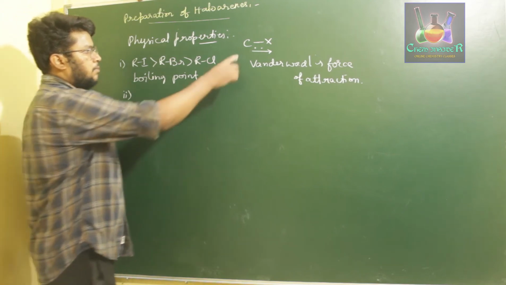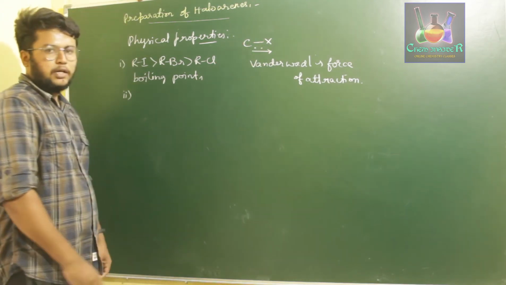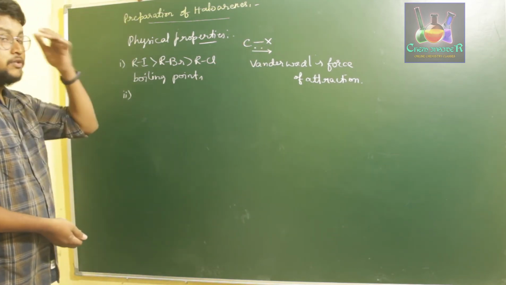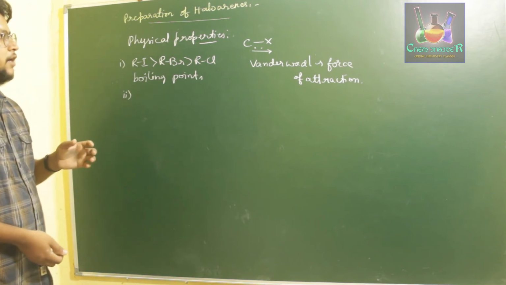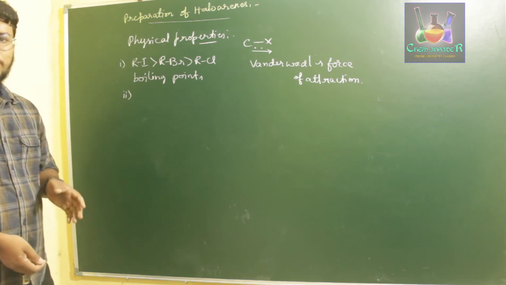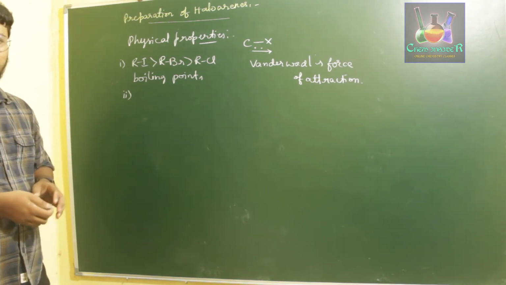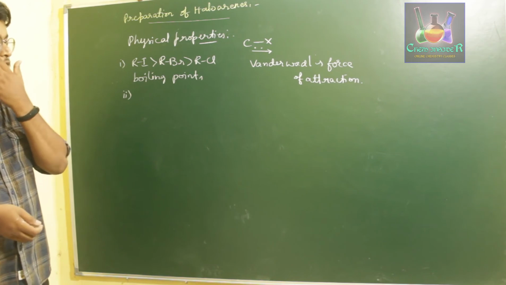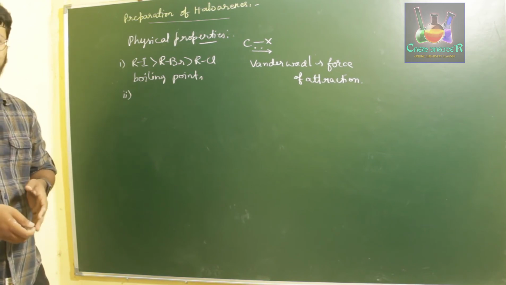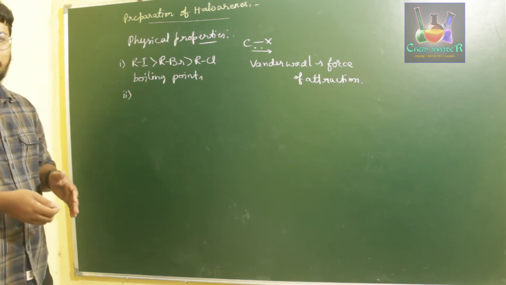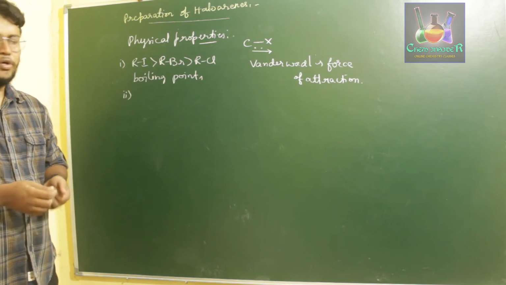Since the carbon-halogen bond is polar in nature, and further there are lone pairs of electrons present on the halogen atom, for this compound to be soluble in water, the electronegative halogen should either get hydrogen bonded with water molecules, or it has to break the water molecule's hydrogen bonds.